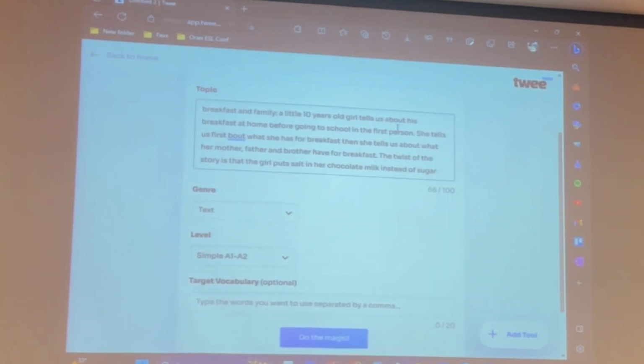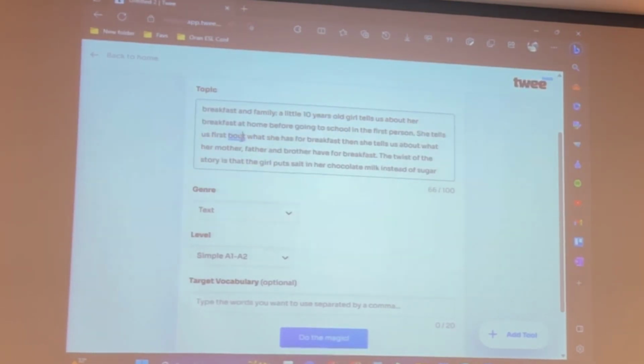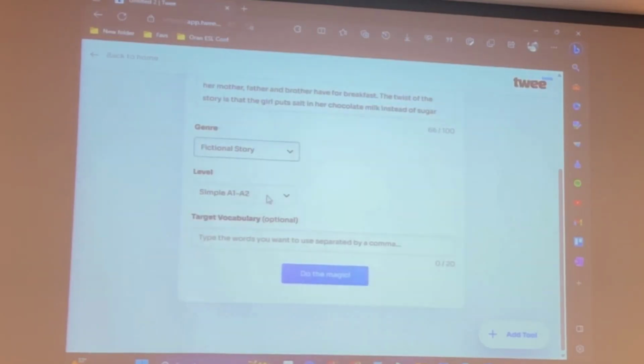Now, let's change the his and her. What's good also is that it can correct your mistakes. Like so, the genre. We take a fictional story. We can have many others, but it's a fictional story. Then,